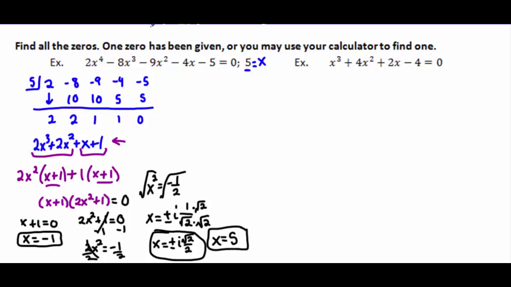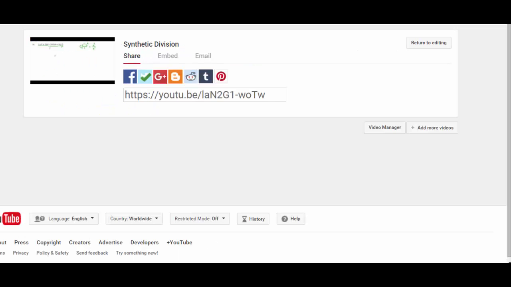On this next one, they didn't tell us an answer to start off with, and so we actually are going to need to graph this on our calculator. If you're using a TI calculator, you'd go to y equals and just type this into one of your y equals spots. And then you want to go to graph and look at the graph. What I've done